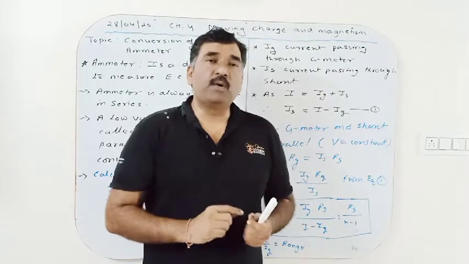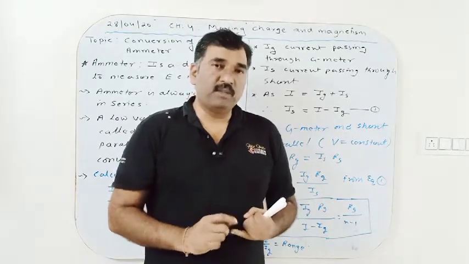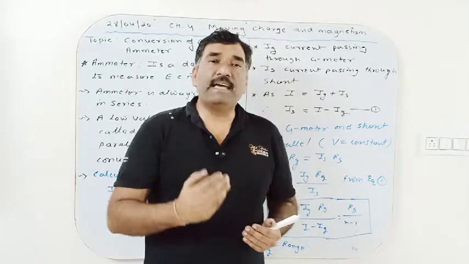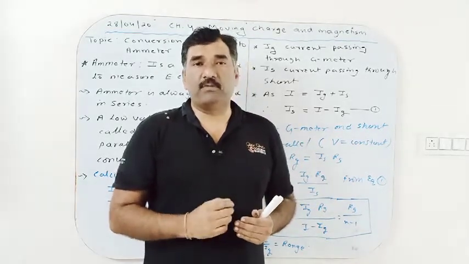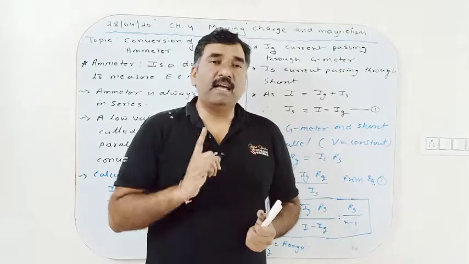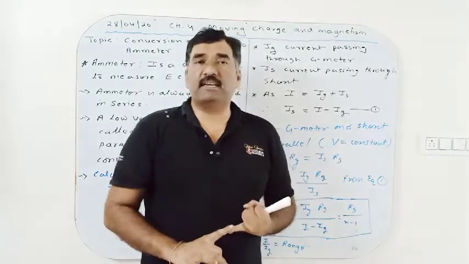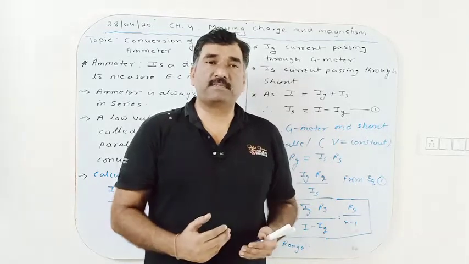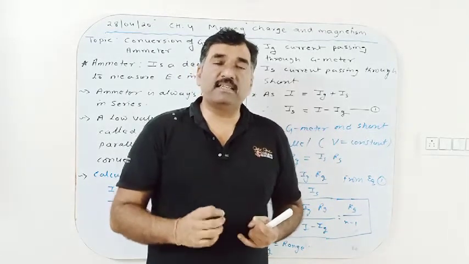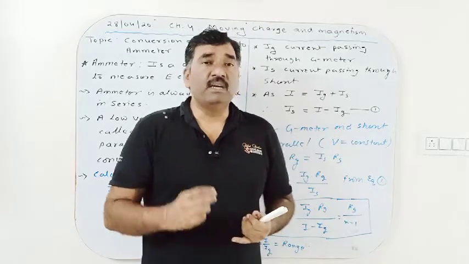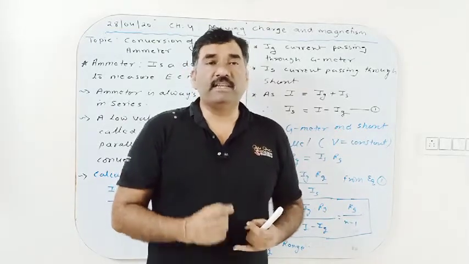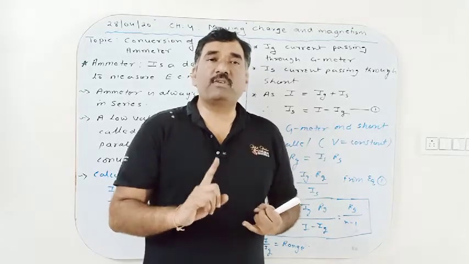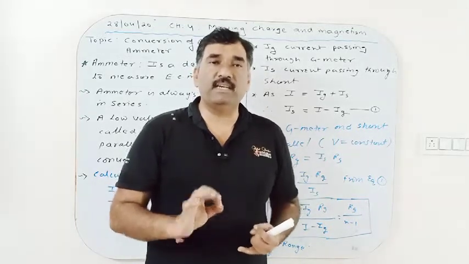What is a shunt? A shunt is a low valued resistance which is connected in parallel with the galvanometer to convert it into an ammeter. What is the advantage of the shunt? Because the shunt is a low valued resistance, its resistance is very small as compared to the resistance of the galvanometer, and it is connected in parallel. When the shunt is connected in parallel with the galvanometer, the effective resistance of the circuit decreases and the value of electric current is not largely modified. If the current is large, then due to the low resistance of the shunt, maximum current passes through the shunt and the coil of the galvanometer is protected from damage.